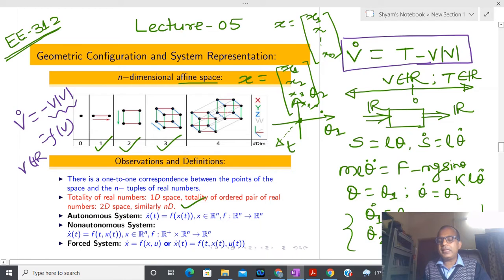So what I am saying, I have the pendulum system. I have removed the force. Now I have this kind of representation. I have already told you that this x may be any generalized number. If I consider a two-dimensional system, then I have two-tuples of numbers, which means I can put the numbers in some kind of column vector. Similarly, if I have an n-dimensional system, then I have n-tuples of numbers. Now I am going to select this representation, which is called an autonomous system. Now I am trying to guess what is x for this pendulum system.